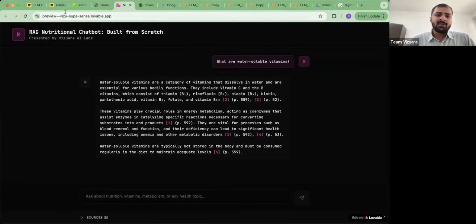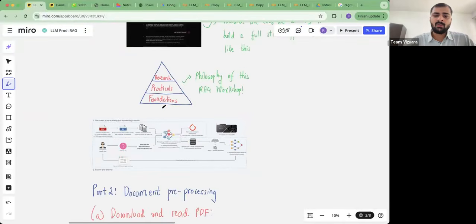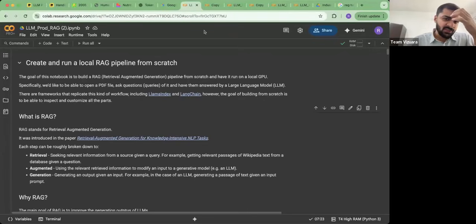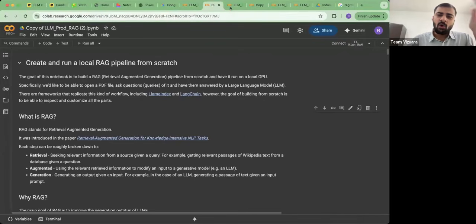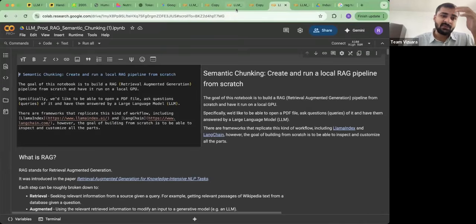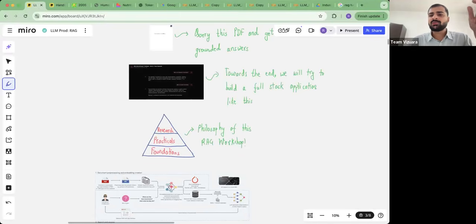Yeah, and so the lecture will be such that I will explain many aspects through a whiteboard, and then there are several code files which I have designed. All of these code files I share with you at specific intervals within this workshop. All of them will be on Google Colab. Tomorrow, we are going to use